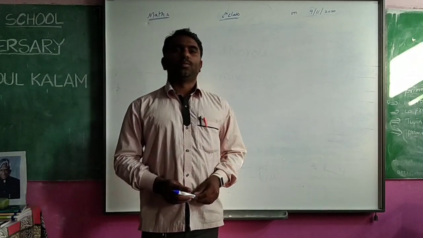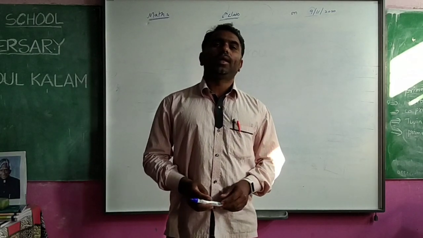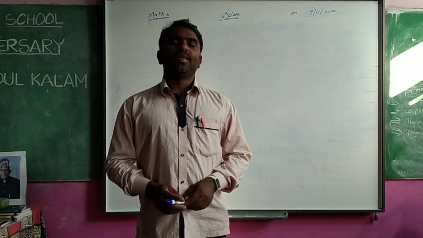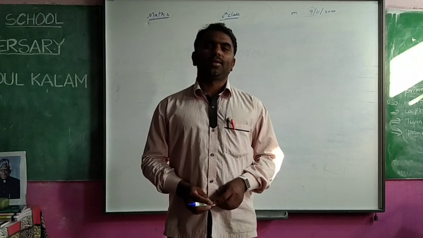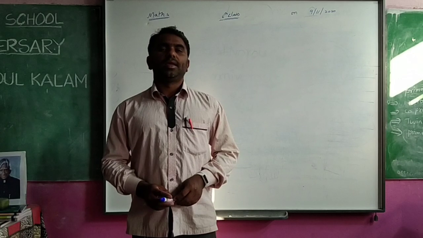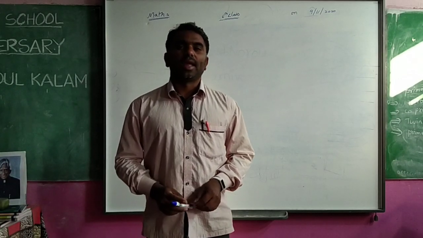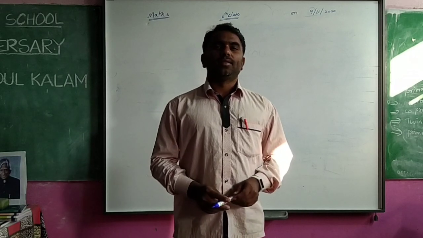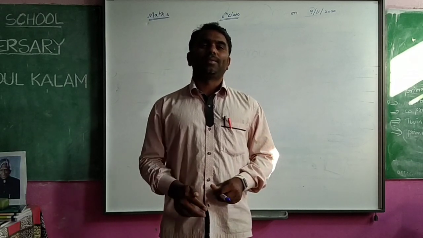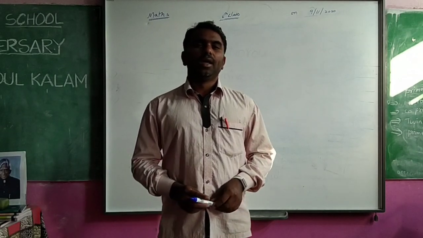Yesterday we discussed the divisibility rules. How can you say, without doing the actual division, whether a number is divisible by 2 or not? Is the given number divisible by 3 or not? By 5 or not? 6 or not? 9 or not? 10 or not? These are all the divisibility rules I explained in the previous class. So we have understood that very well.